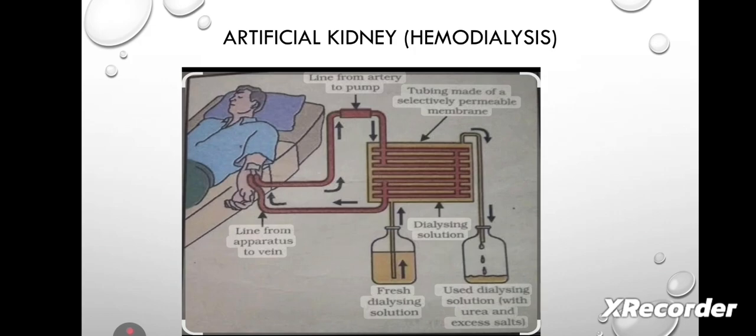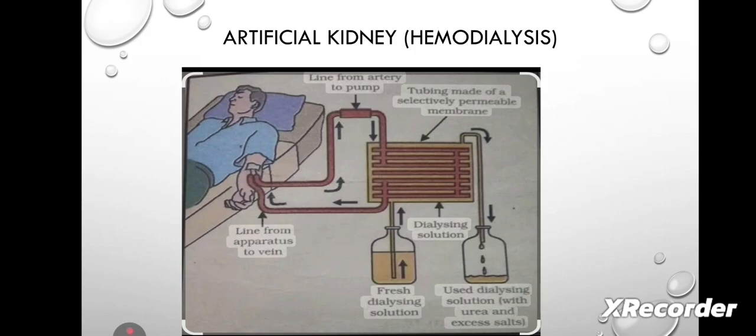This leads to accumulation of poisonous wastes in the body, which can even lead to death. In case of kidney failure, an artificial kidney can be used. An artificial kidney is a device to remove nitrogenous waste products from the blood through dialysis. Clear? Now, artificial kidneys contain a number of tubes with a semi-permeable lining suspended in a tank filled with dialysing